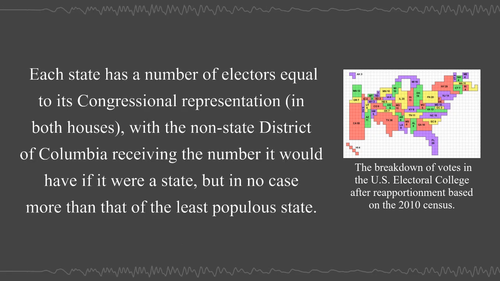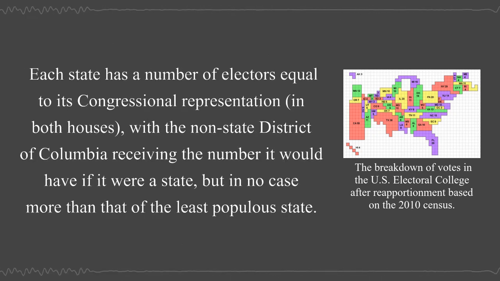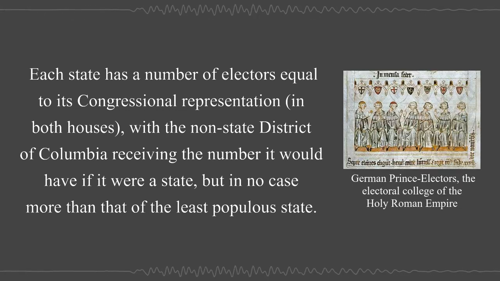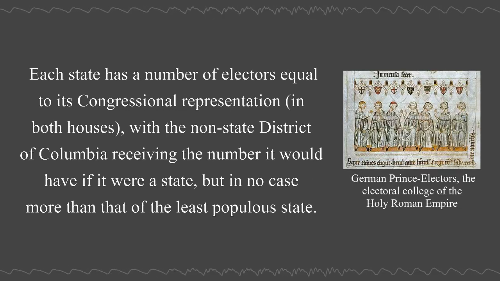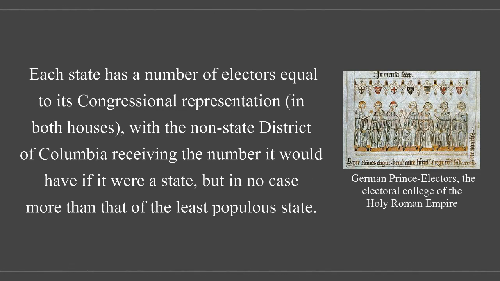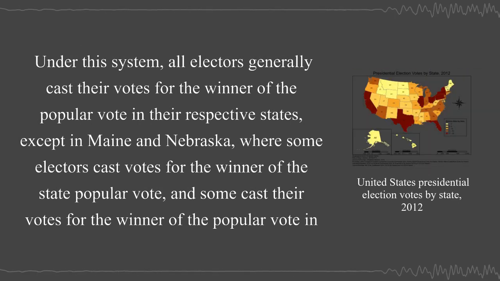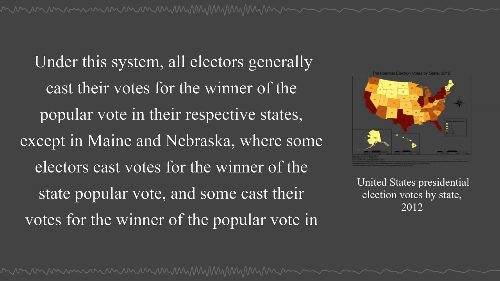Each state has a number of electors equal to its congressional representation in both houses, with the non-state District of Columbia receiving the number it would have if it were a state, but in no case more than that of the least populous state. Under this system, all electors generally cast their votes for the winner of the popular vote